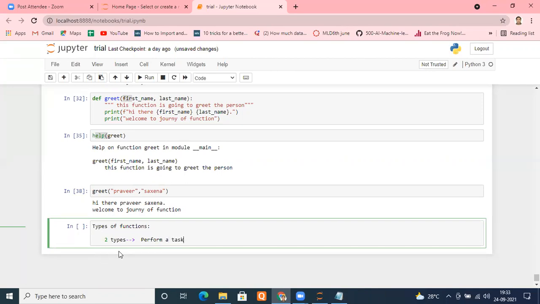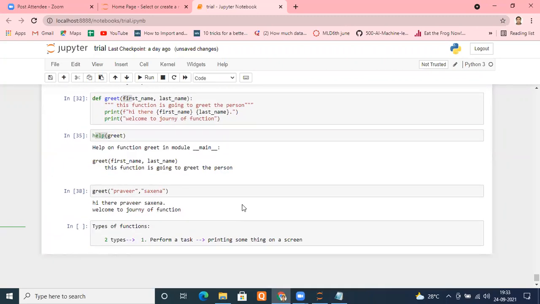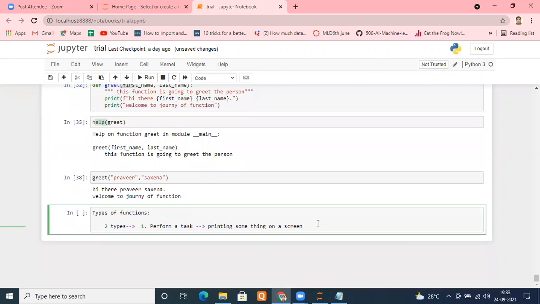One type is which performs a task, any task, for example, printing something on the screen. They're doing some task. The functions that we have created so far are doing some task, printing. This is the first category of functions.